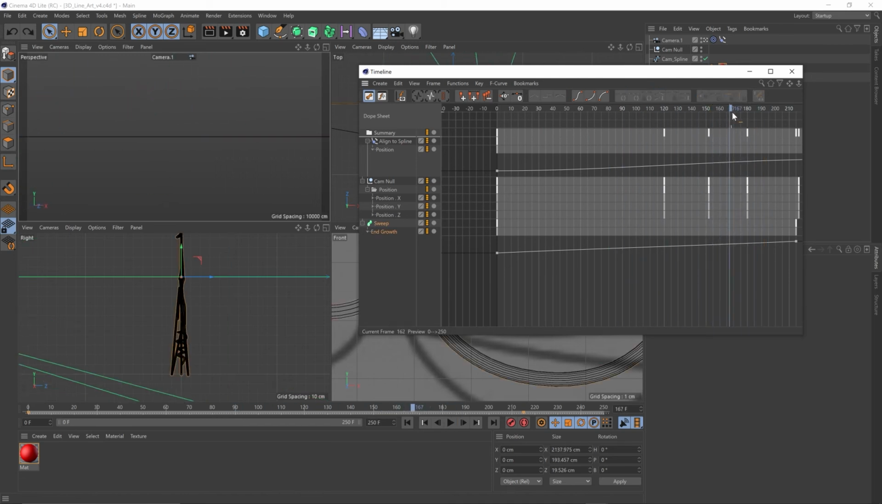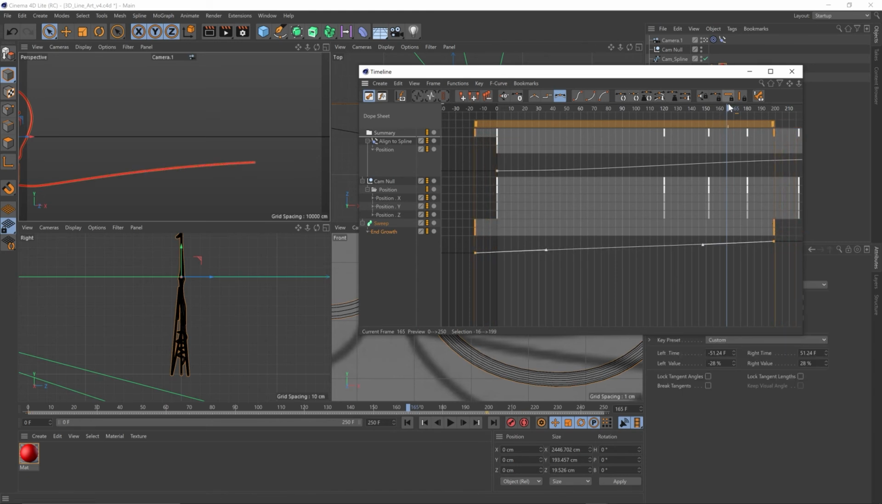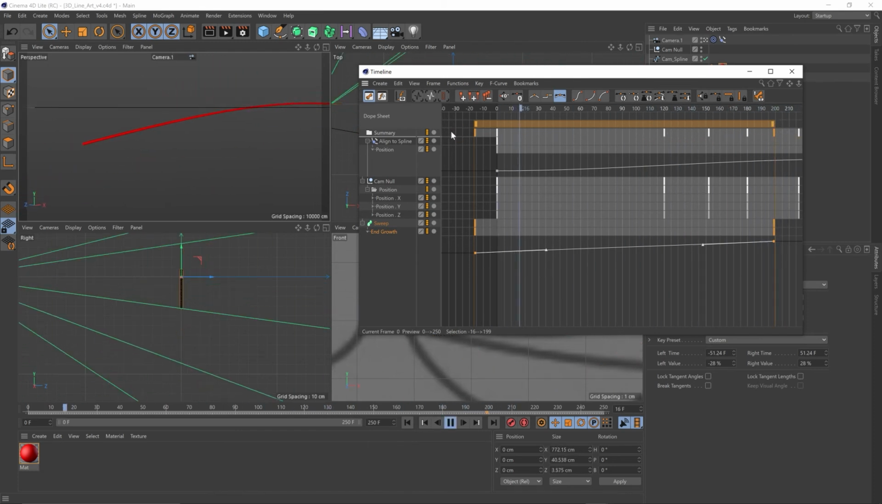We want this spline to draw on a bit faster at this point. So I'm just going to make sure the end growth is selected there, and we just need to move these points up a little bit like that. And now the camera kind of follows that line off. So then we get this